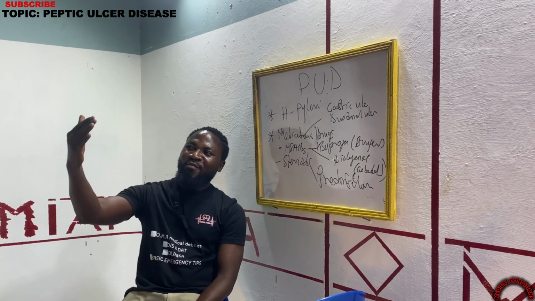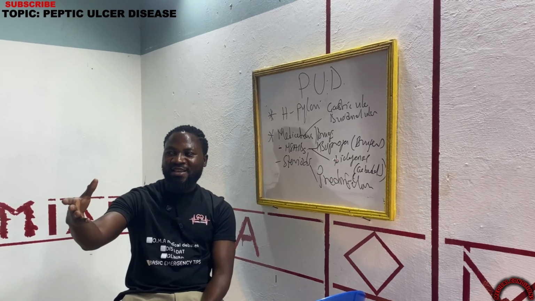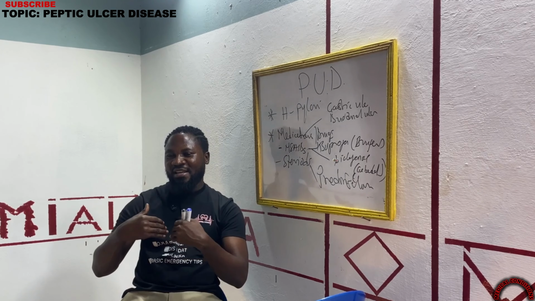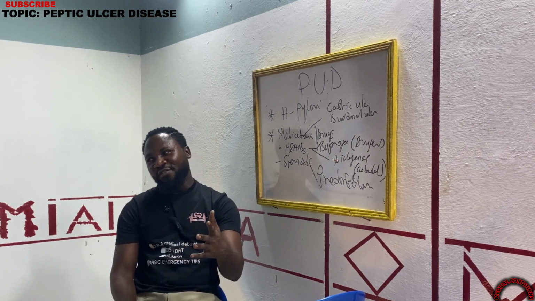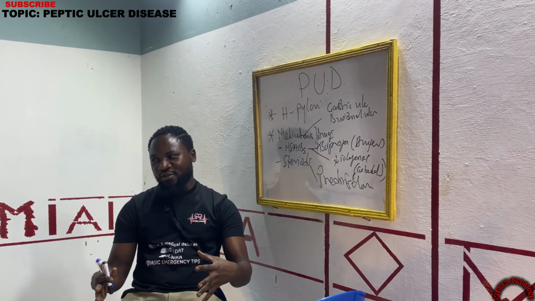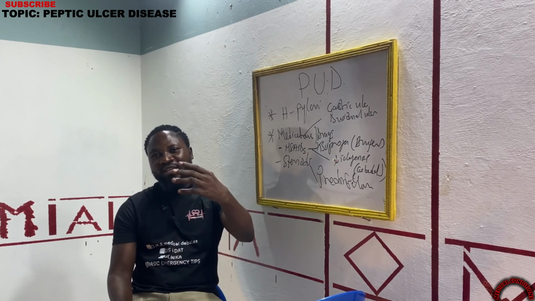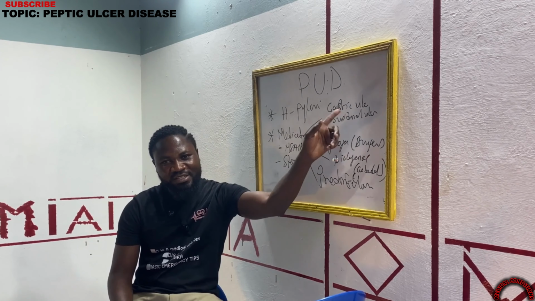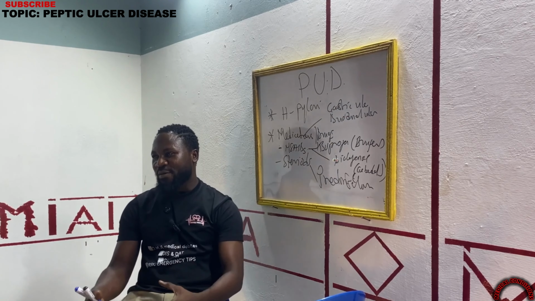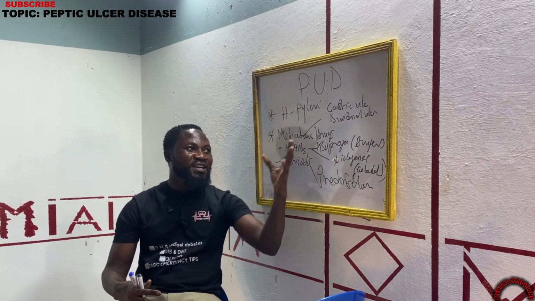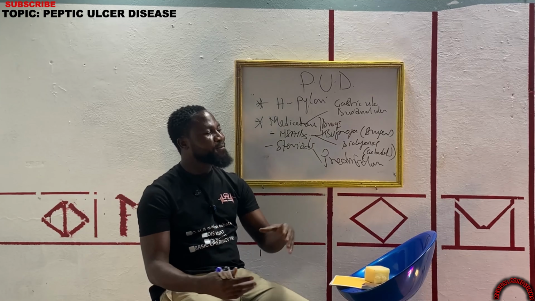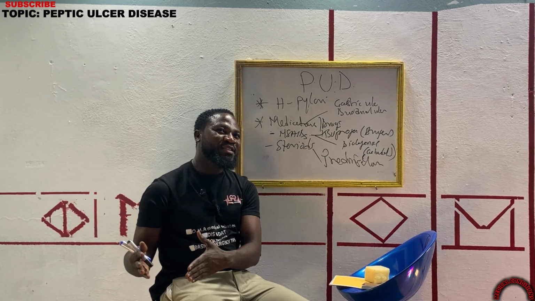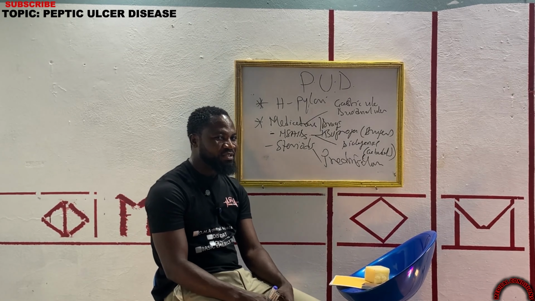So the moment digestion has taken place and all of that, it means you're basically going to get hungry again. So you stay a particular time and then the food has to move down. So you starve yourself a bit. There is no food in your tummy. Acid gets produced, and at the end of the day, some of the acid is transported to the side of the duodenum. That is what is affected. Then you feel the pain. So those with gastric ulcer are going to come with: when I eat there is pain. Those with duodenal ulcer are going to come with: